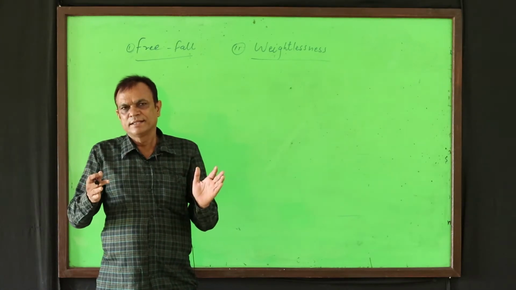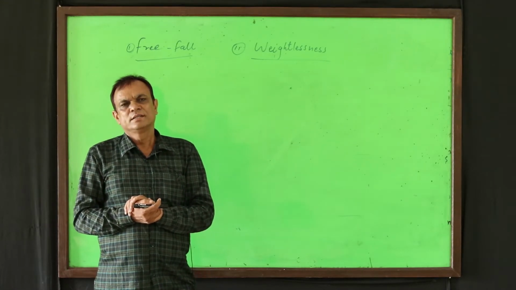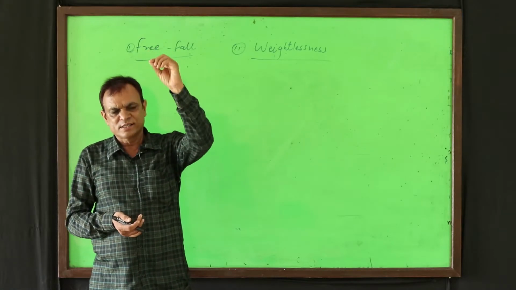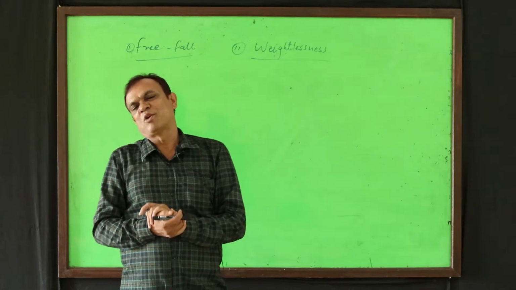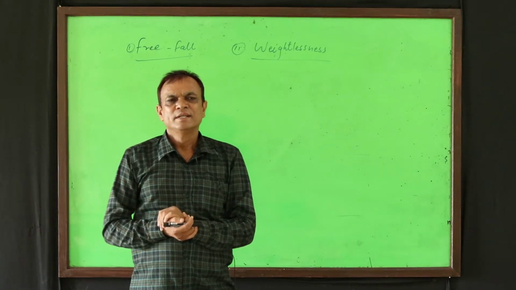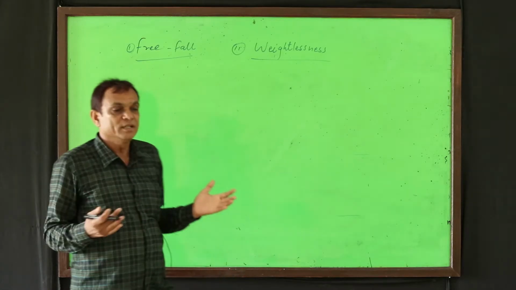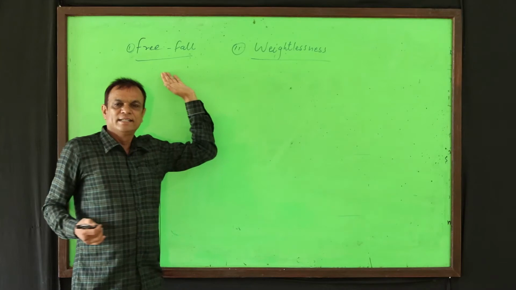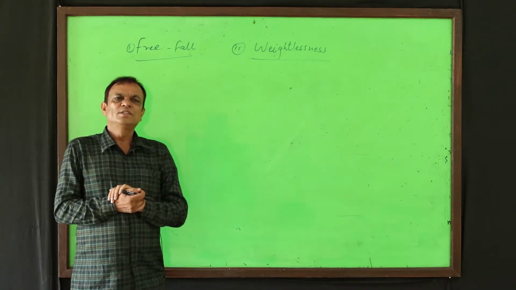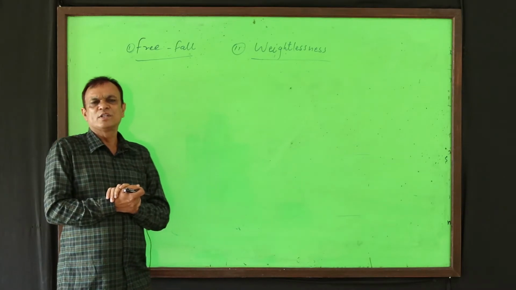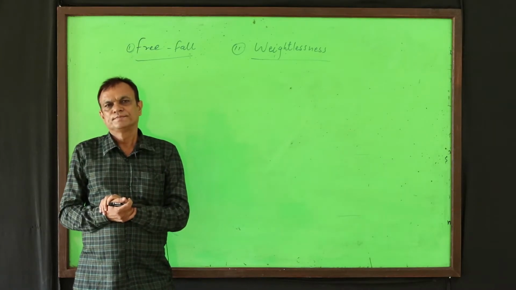But we know that the earth is surrounded by air. It means when a body falls from upward to downward, air resists the body in the upward direction. At that time, the body doesn't fall freely. Then what is free fall? We can define it easily. When a body falls without any resistance or obstacle, it is known as free fall.